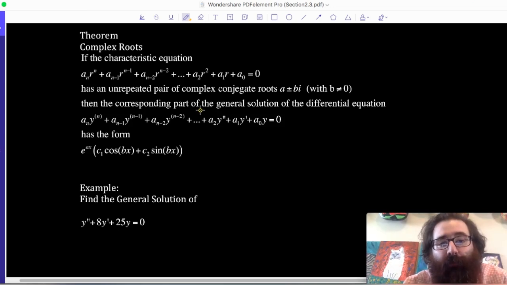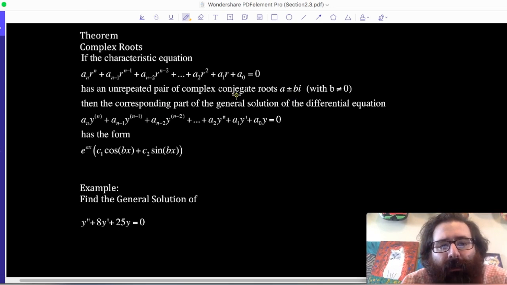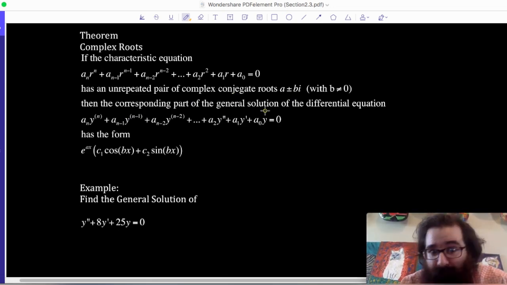If the characteristic equation, so our polynomial in r equal to 0, has an unrepeated pair of complex conjugate roots, a plus or minus bi, where b does not equal 0. I mean, if b is equal to 0, then it's not imaginary, it's not complex. So that's just saying if you really have complex conjugate roots. Then the corresponding part of the general solution of the differential equation that we have